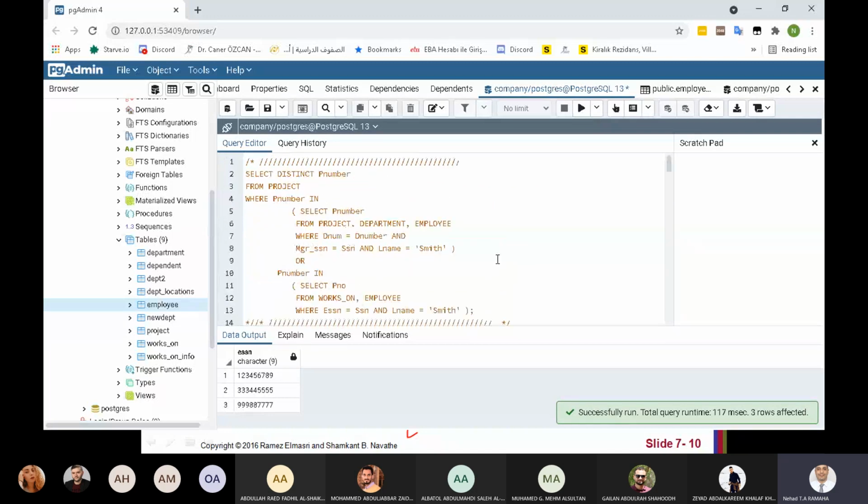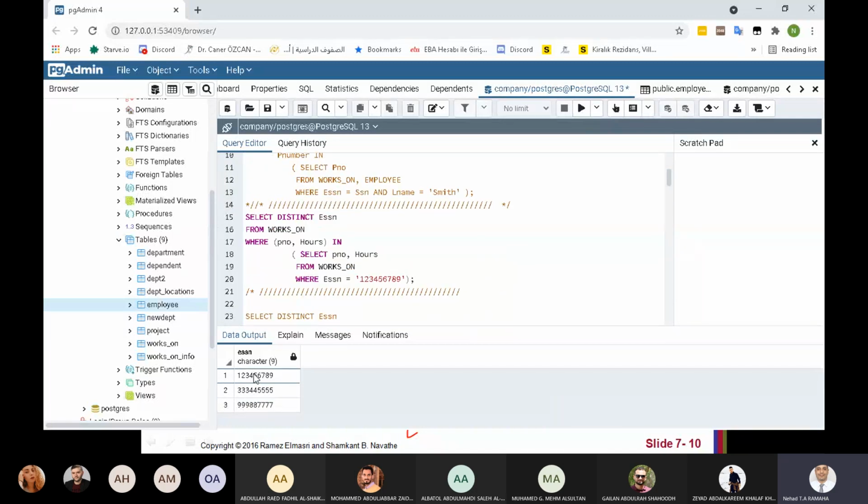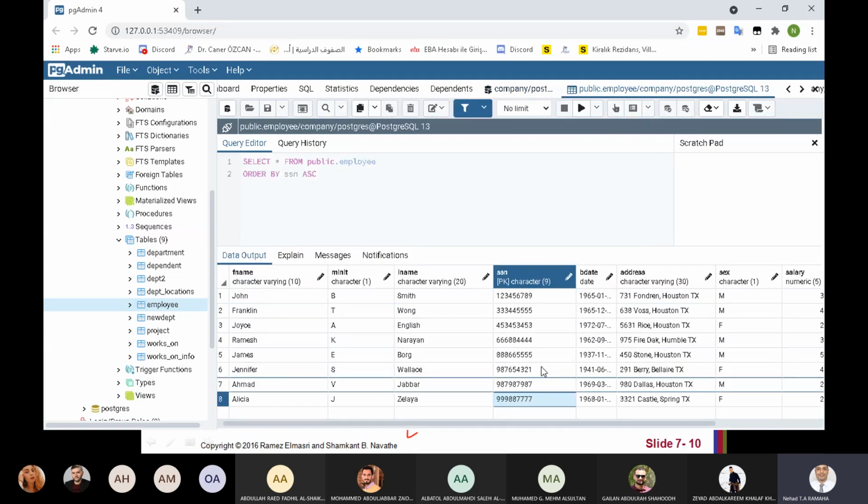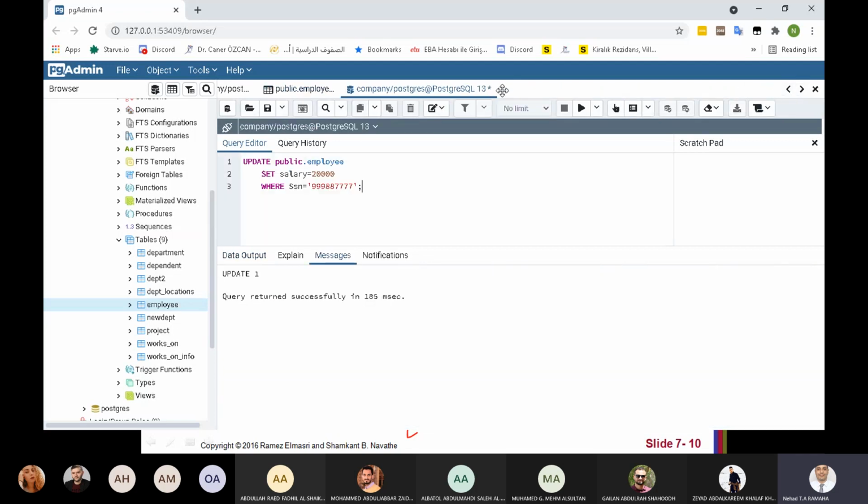Okay, now it's okay. This is all the employees that are working. If you apply this query to the database that I gave to you, you will have a different result because I already added some values. I already updated some values and inserted some values.